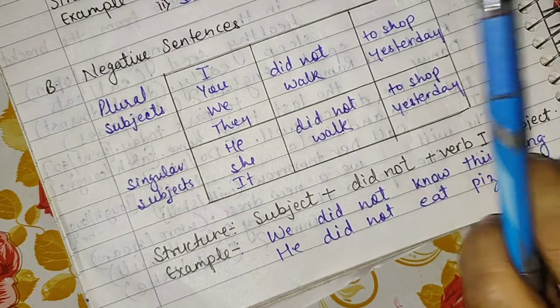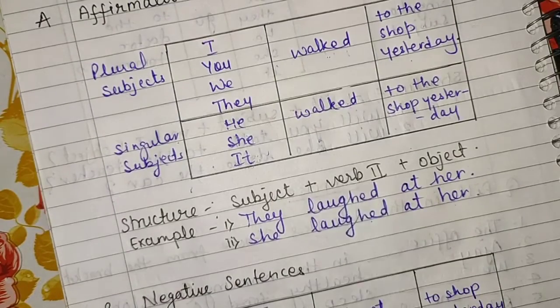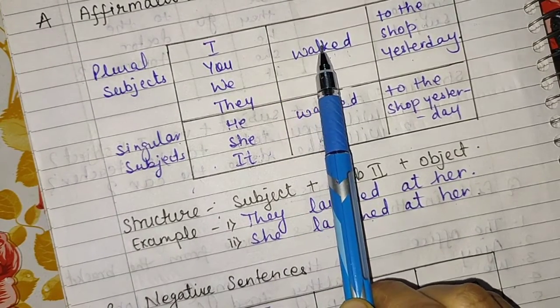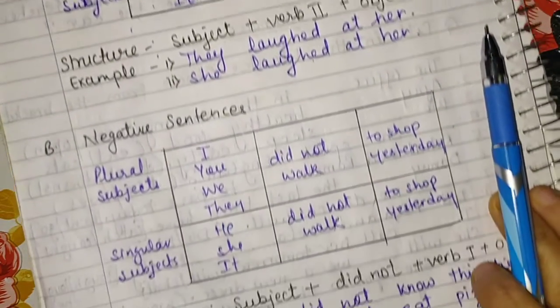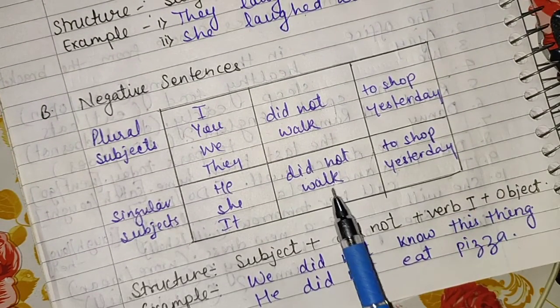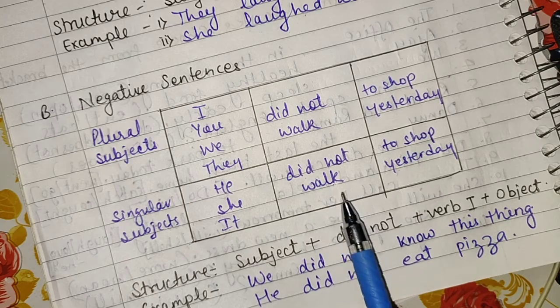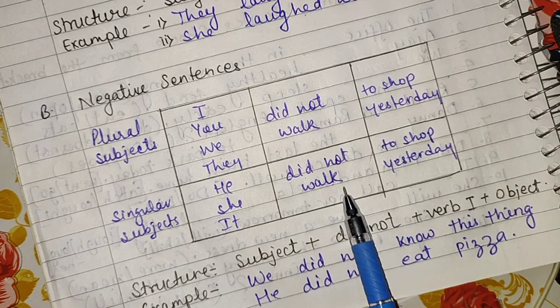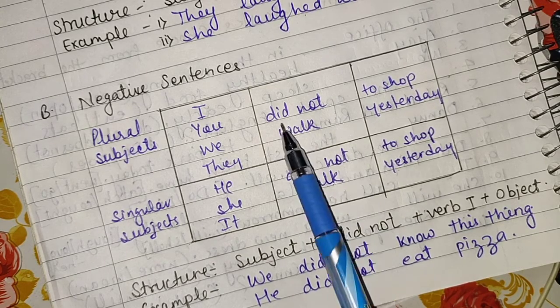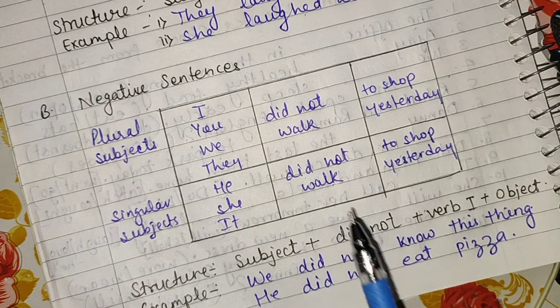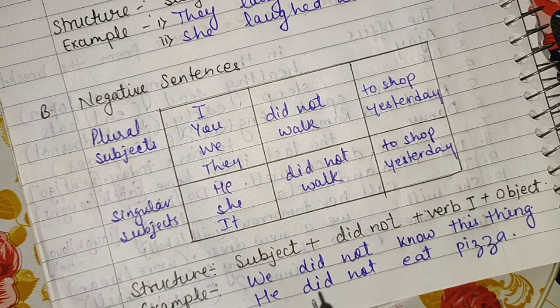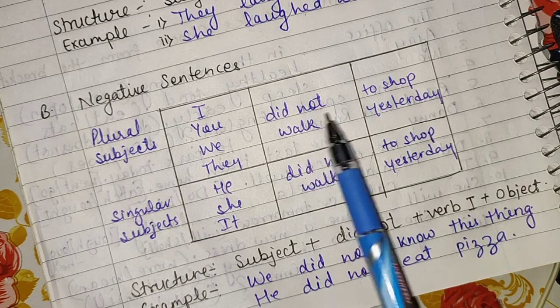In the positive sentences we were using the verb in second form, but in the negative sentences we will not use the second form of the verb, we will use the first form of the verb. Why? Because we are using did here. Whenever we use do, does, did, we will always use the first form of the verb with all these verbs. Okay. Now